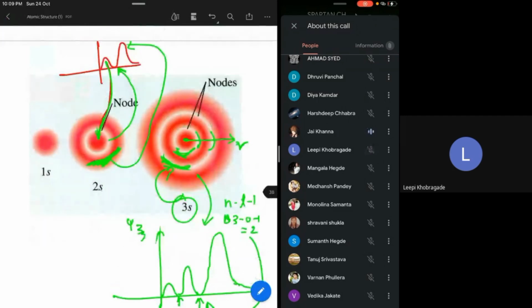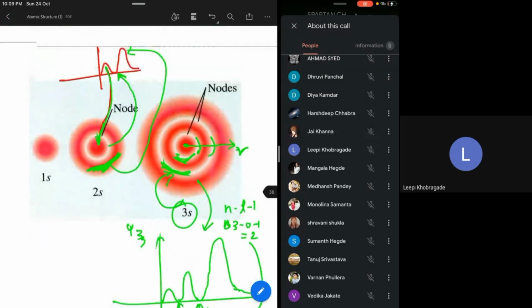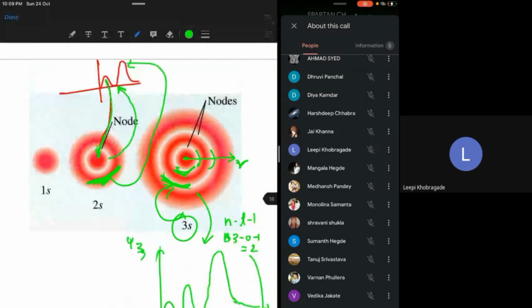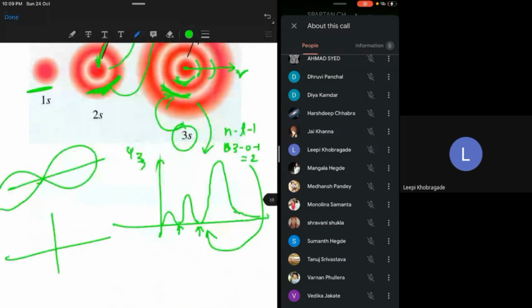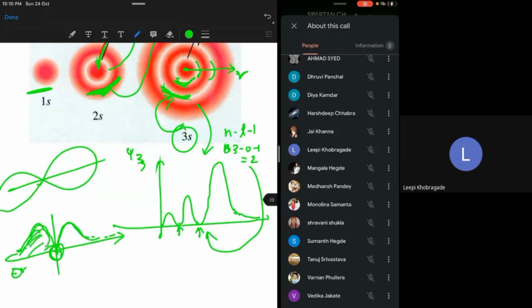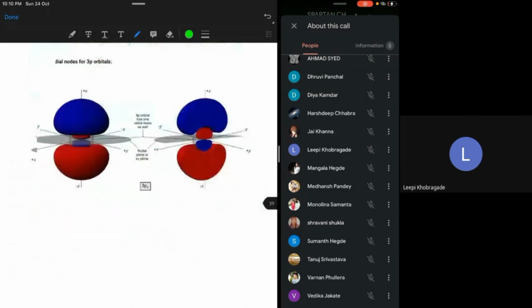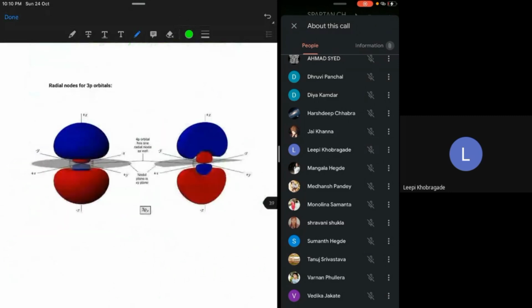I always used to have this question in my class 10th: how did they even find that s is spherical and p orbital is dumbbell shape and all these things? P orbital is dumbbell shaped because the wave function itself is like this. So on both sides you have things like this. This is not negative r, okay? I'm just saying that this is the nucleus, and this side you go, the probability will be like this; this side you go, the probability will be like this. And similarly, you get lobes like this.